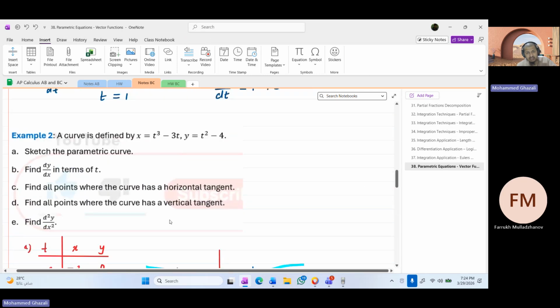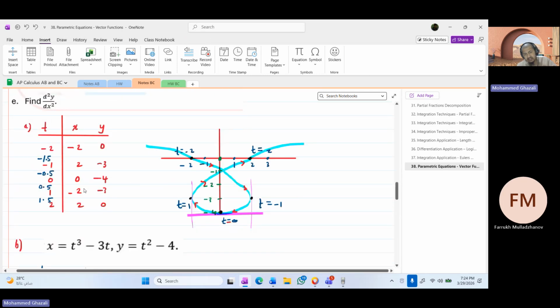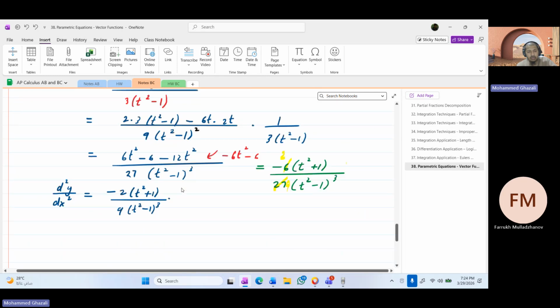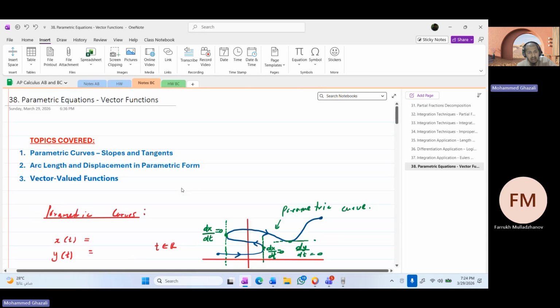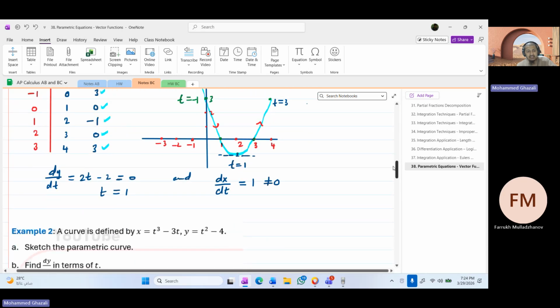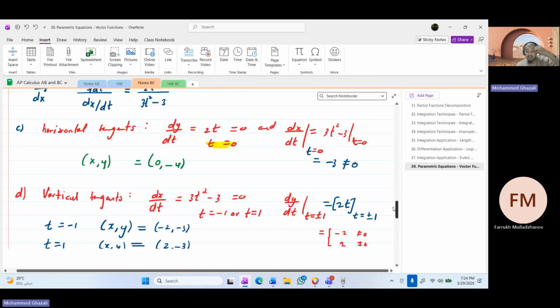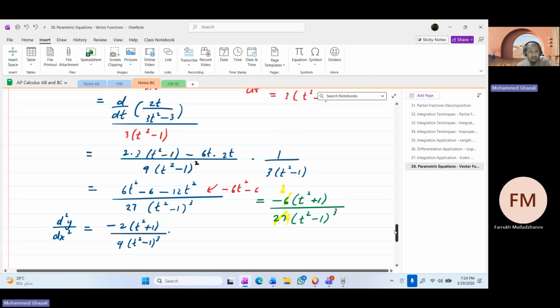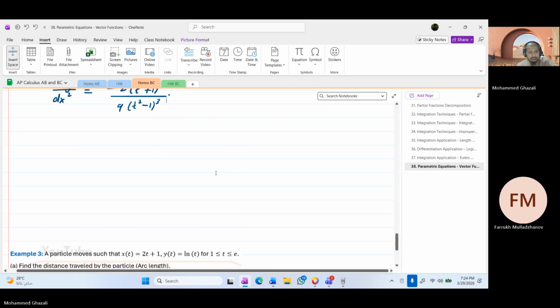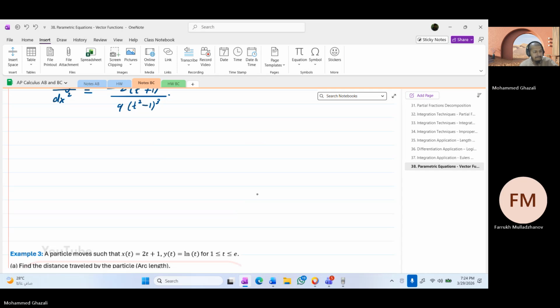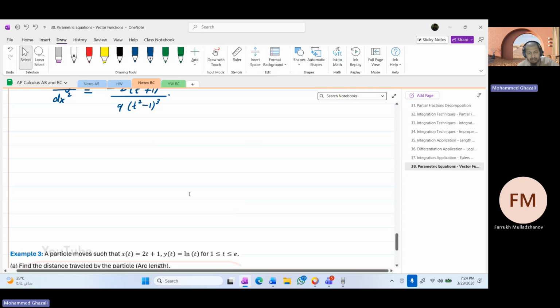Right, so this is basically calculus on parametric curves, finding the single derivative and double derivative. And now we move on to the next part, which is called arc length and displacement in parametric form. Easy section, all right? It's just that you need to know the techniques of integration to solve this. And so what are arc lengths? If you remember the diagram from before,